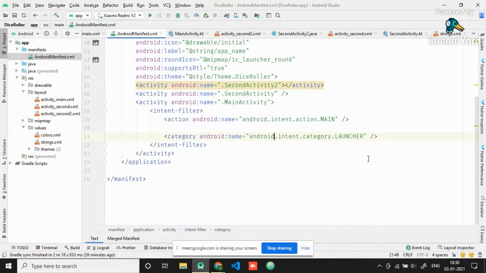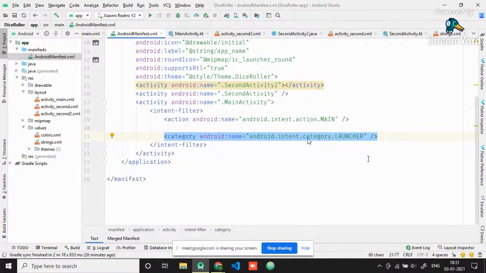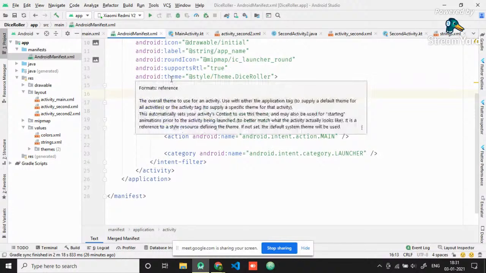Okay, now moving on, there is one more thing here that I need to tell you. Like if I have initialized my main activity and I want another activity to be the launcher file. Launcher file means the first file that we look at when the app opens. So I can just change the category. Here I have provided the category dot launcher. We can change the category on any activity. Like if I want to make this activity the launcher file, then I just need to provide an intent filter here,